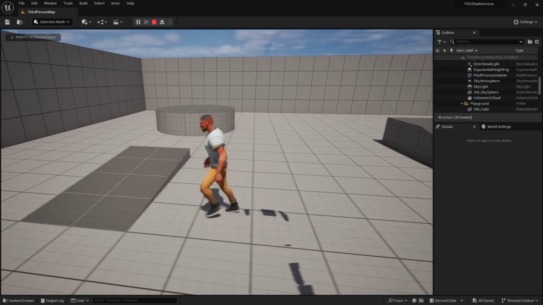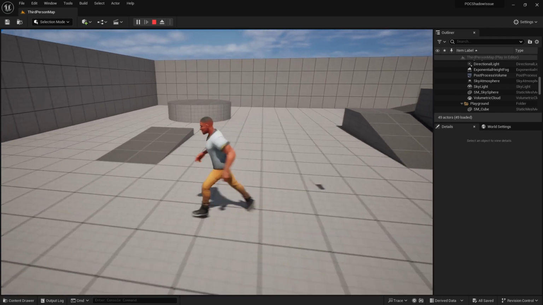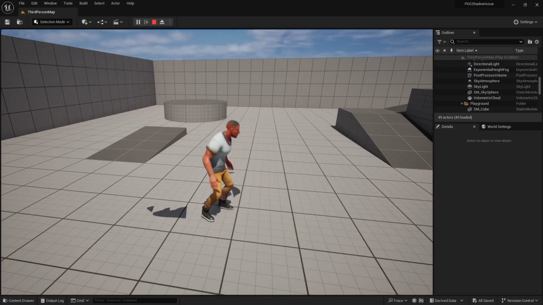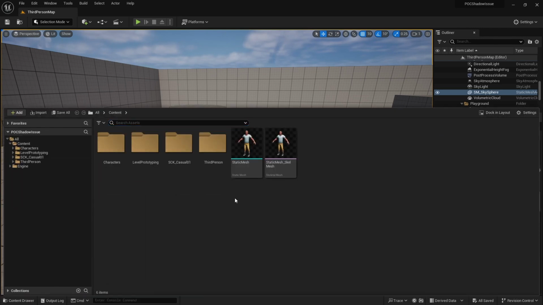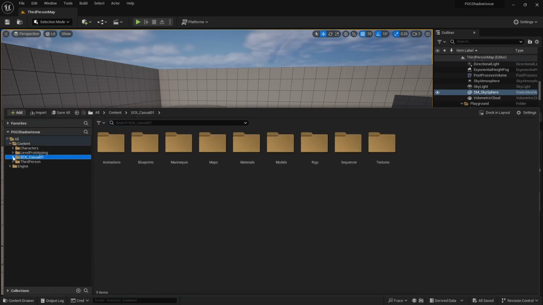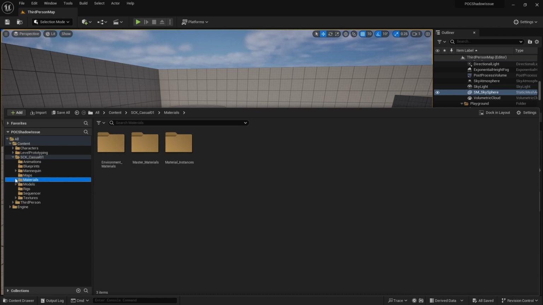So the first character is one from the marketplace. After retargeting, you would notice that there is some shadow residue after the character runs or after doing any sort of animation. So the first thing I want to do is check if there is a physics asset assigned to the skeletal mesh. If I jump to my content drawer and go to the actual skeletal mesh,